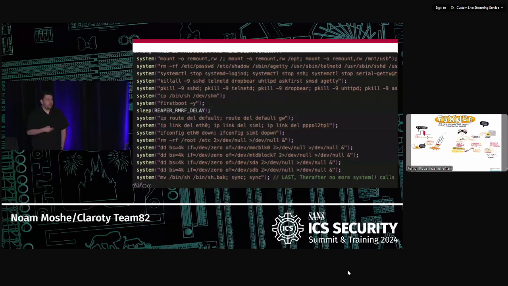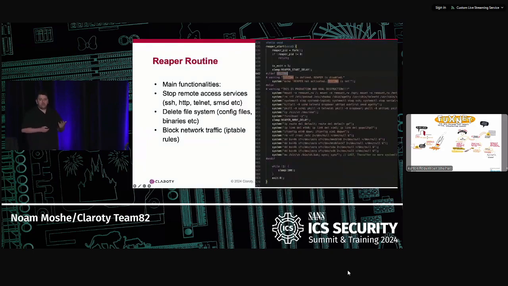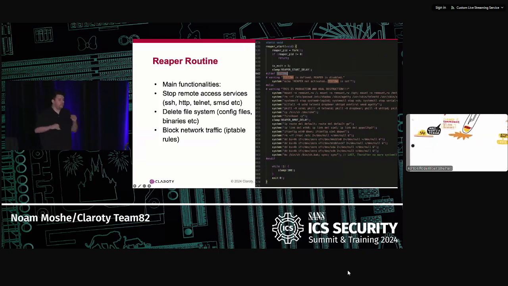First, there is the repo routine, which is basically a whole wide range of system commands with three main goals in mind. First, their job is to stop remote access to this device, meaning they stop SSH, they stop HTTP, web, telnet. Their goal is to lock this device out, making sure no administrator or anyone remotely can connect to the device and maybe stop their execution. After that, what they do is delete the entire file system with the goal of basically destroying the device, making sure that if it reboots, it will not be able to boot again.